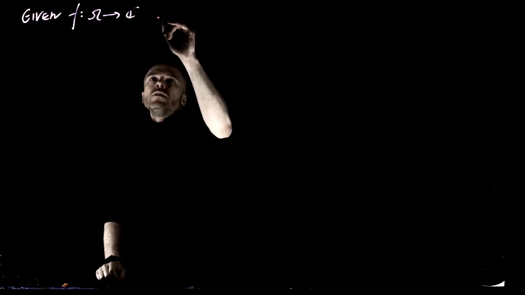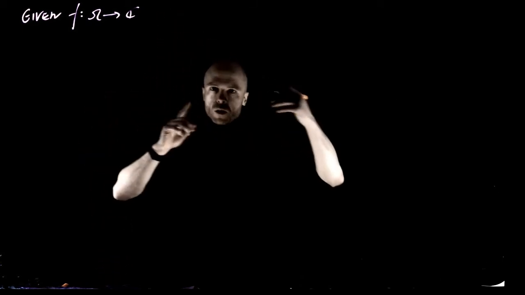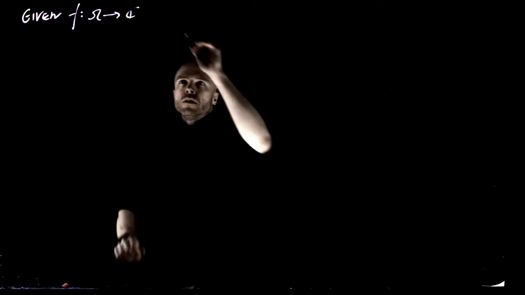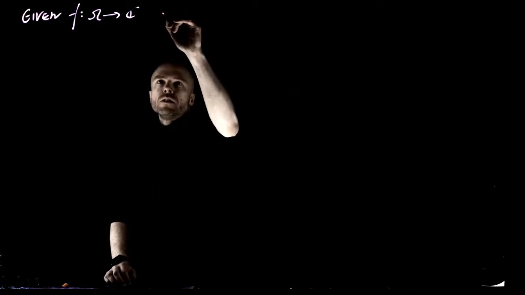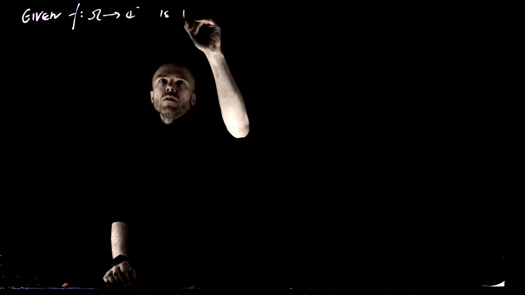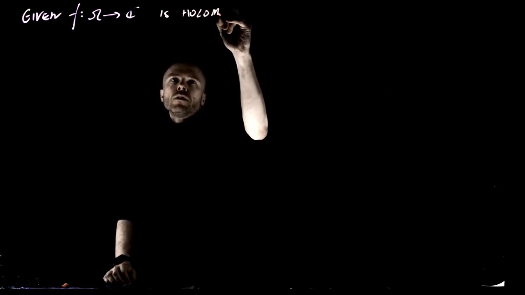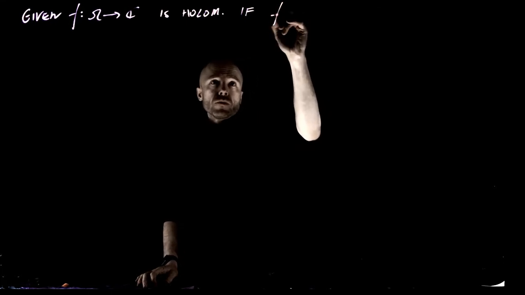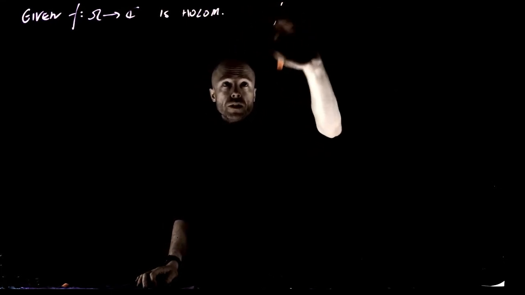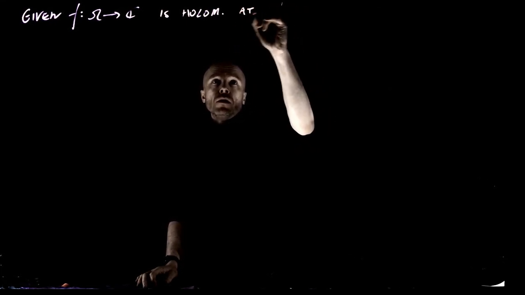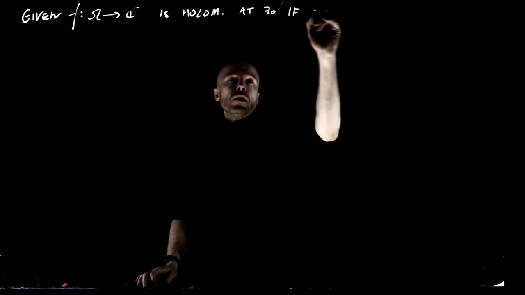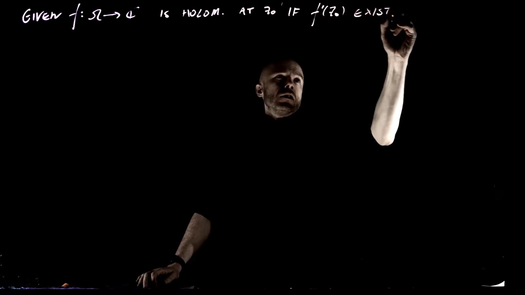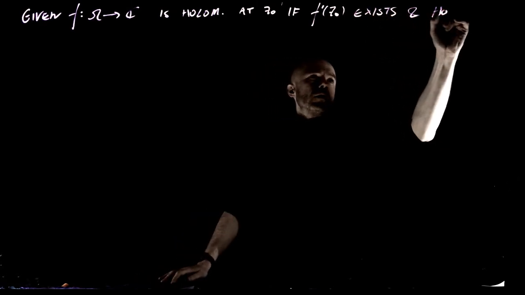So we say something is holomorphic at some z0 if it's differentiable there. So f is holomorphic at z0 if f prime of z0 exists,